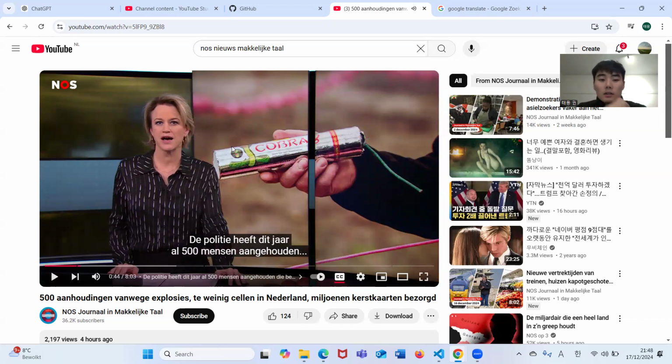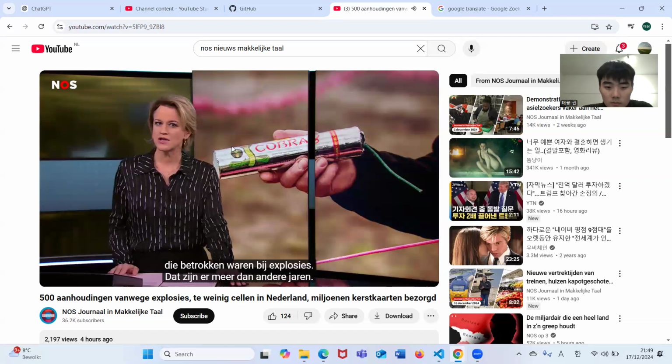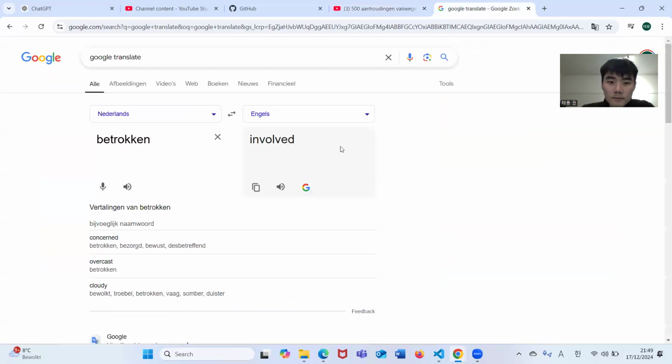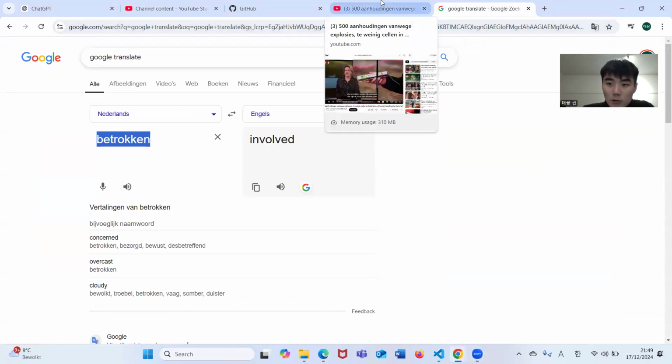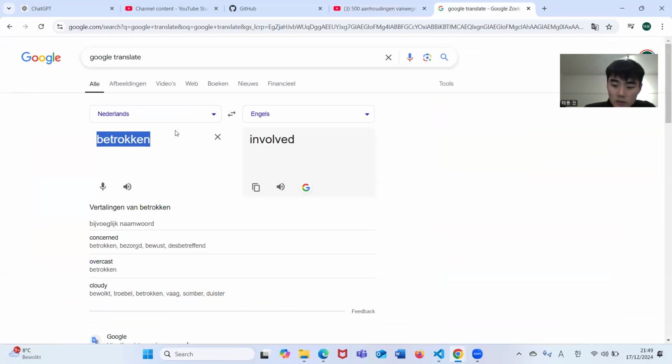Police have this year already 500 people arrested. Die betrokken waren bij explosies. What is betrokken? Involved. Who are involved in explosions.